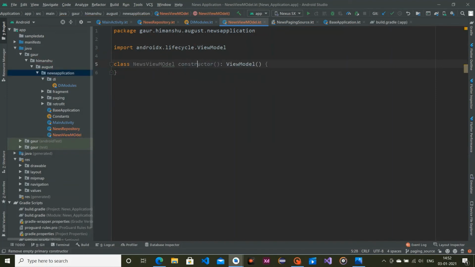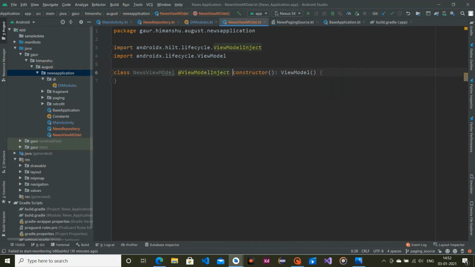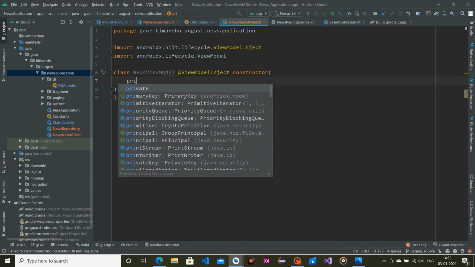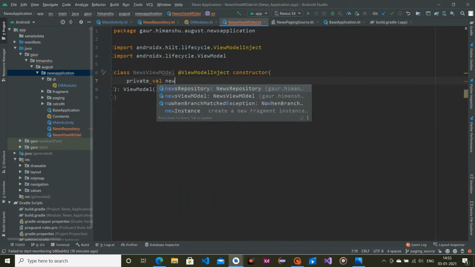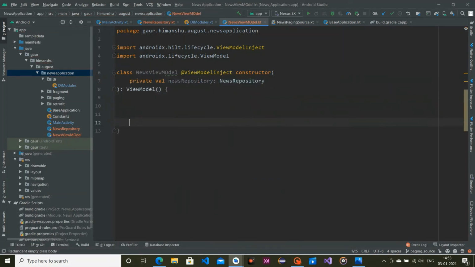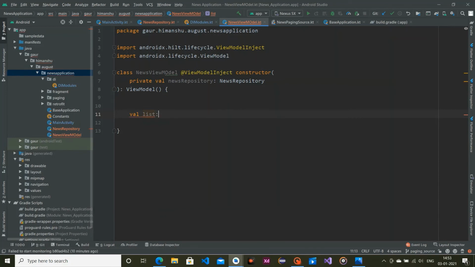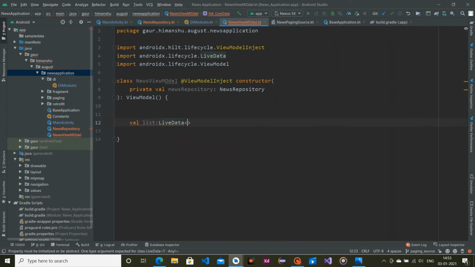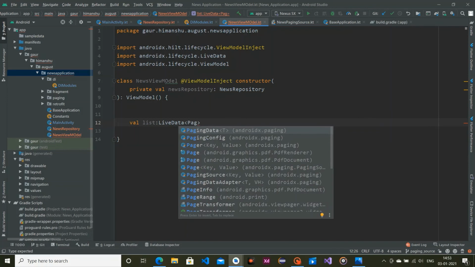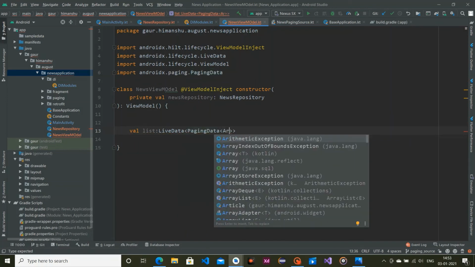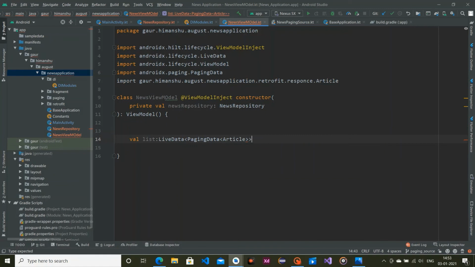So yes, view model, make a constructor. So constructor, and before this constructor add annotation view model inject, in order to inject this private val news repository. And lastly we have to create a variable of type live data of paging data having article in it, yes, and just initialize with this news repository get all news stream.